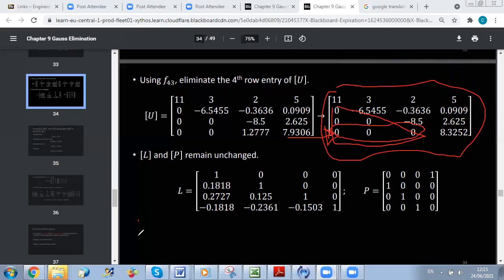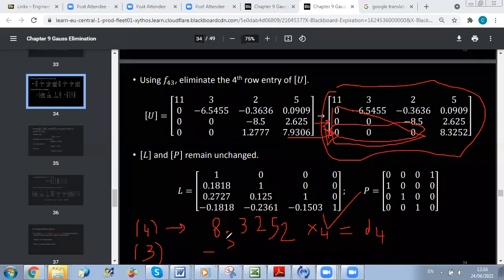So by starting with equation 4 here, equation 4 will give us just 8.3252 times x4 equals to d4. And since d4 was already calculated in the previous step, I can get now x4. Once I get x4, now I can move to the third relation, which I will get from row 3. From row 3, I have minus 8.5 x3